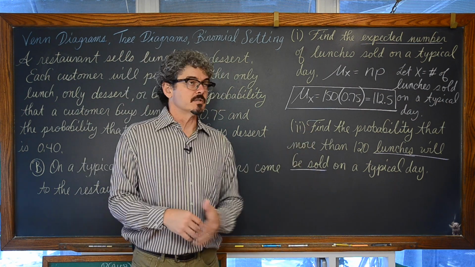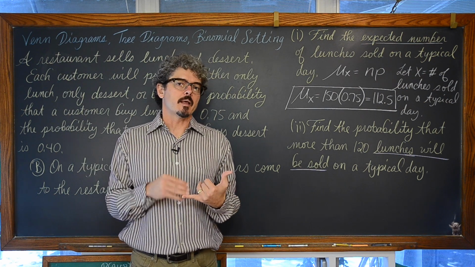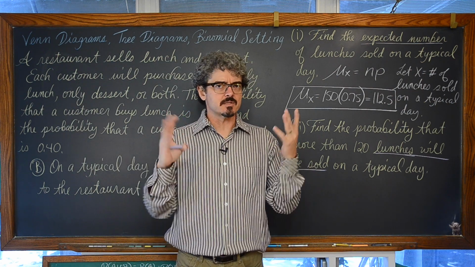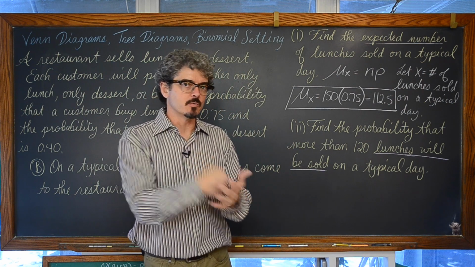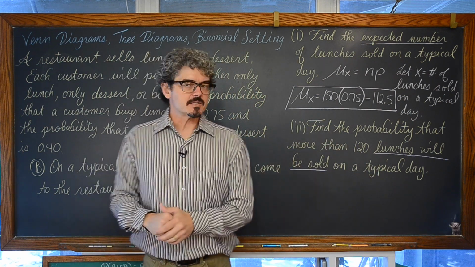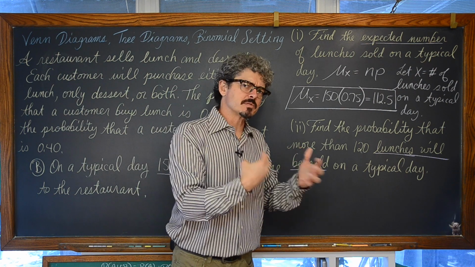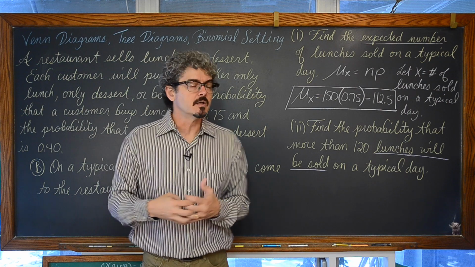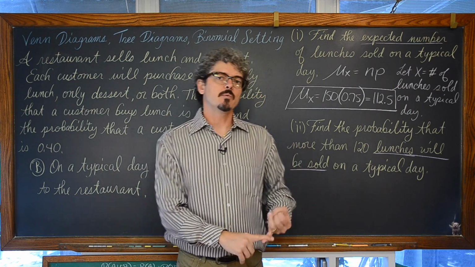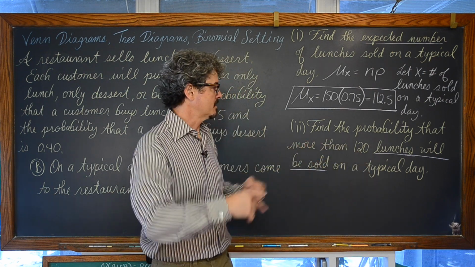You need to read this question, and really part one here as well, and recognize that you're looking at a binomial setting. Now, if you're taking, say, AP Statistics, this should have been really hammered into you. I think the IB book that I taught from for the last couple of years was a little bit more vague, less specific than my years of teaching AP Stats. But a binomial setting is when there are two outcomes. A customer either buys lunch or they don't.